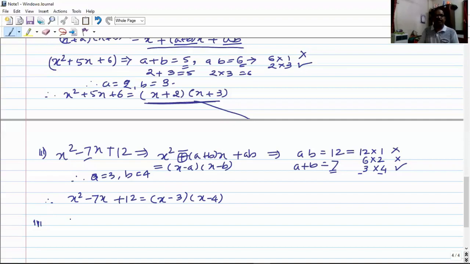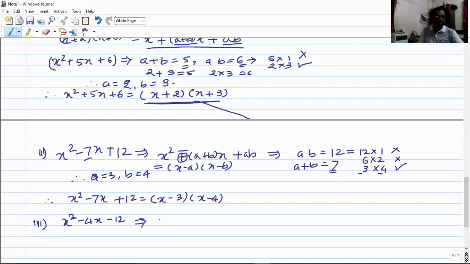The third case, we can say, is if the second as well as the third term are negative. If you see the first example, all the terms were positive. In the second example, the middle term is negative, and in the third case now we'll discuss the example in which both the second and third terms have negative sign. So let us consider the example as x square minus 4x minus 12. So see here, the second term and the third term both have negative sign.